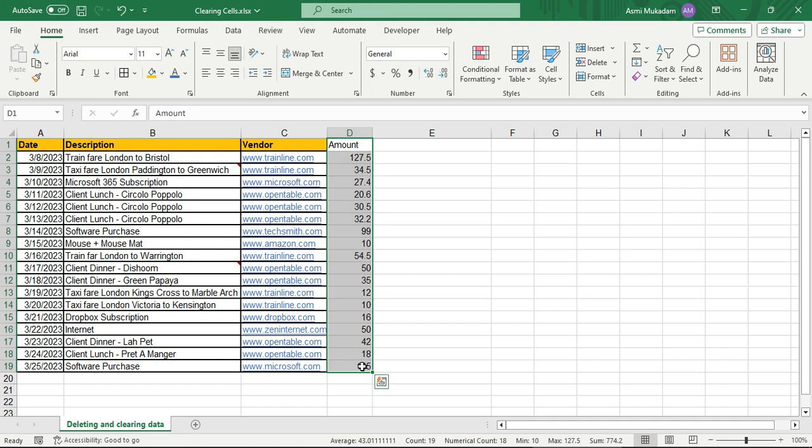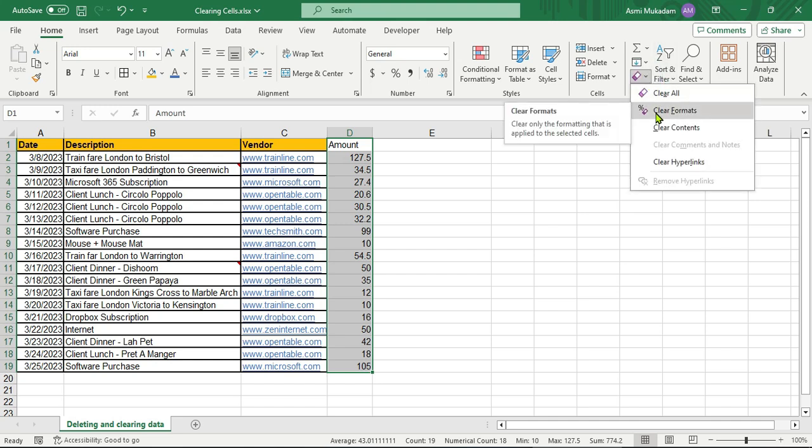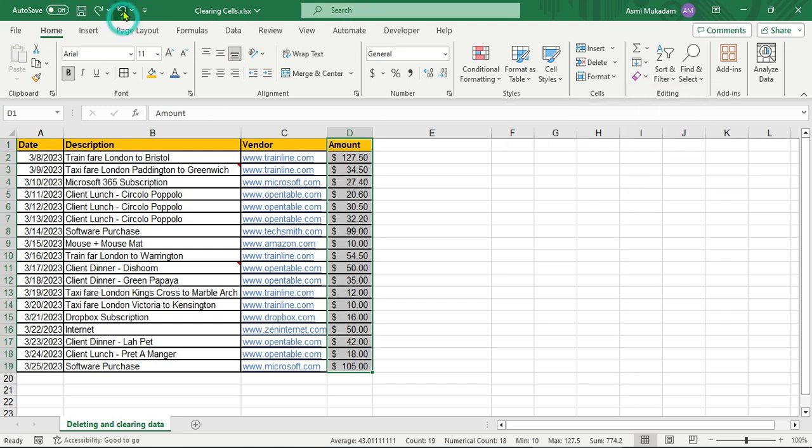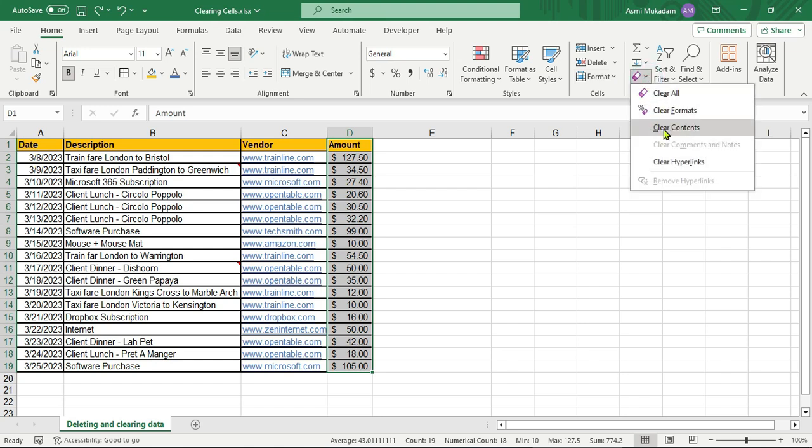Formatting is completely gone. Only the values are present. So if we click on clear formats, we get only the values, but we will not see any formatting on the applied cells.